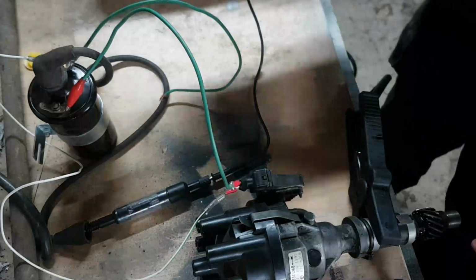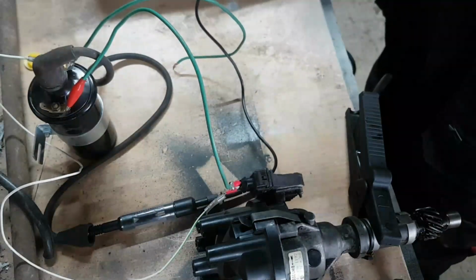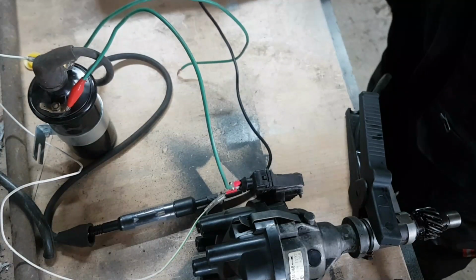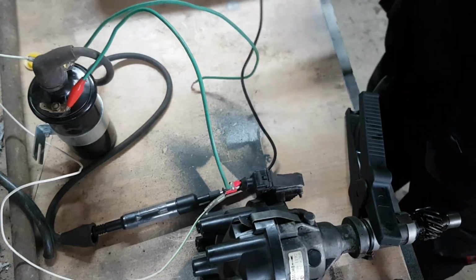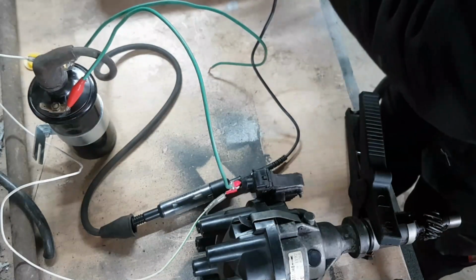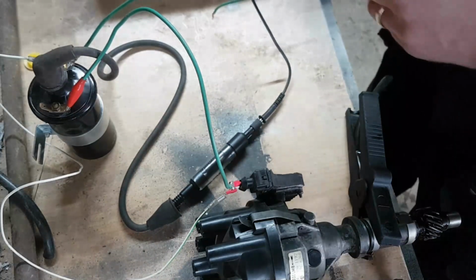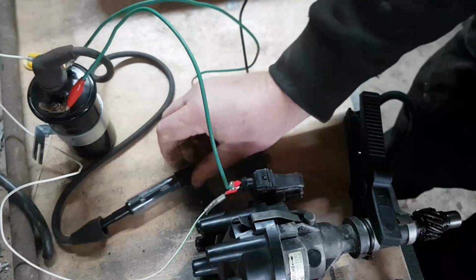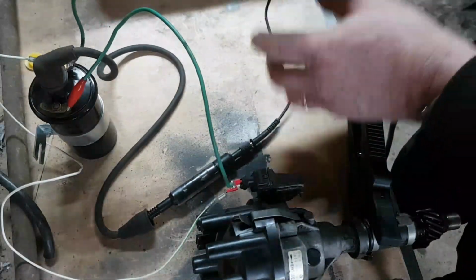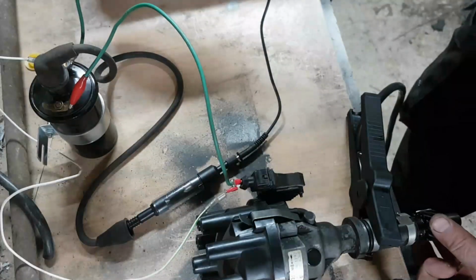Oh, right. Now again. Whoops, the earth's just come off. Let's put the earth back on again. That was the earth for the adapter. Come on, get on it. It's on there. Right, there we go. Can you see that? Right, now, let's wind the...